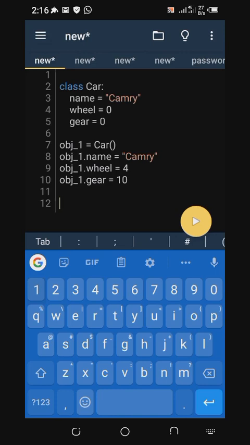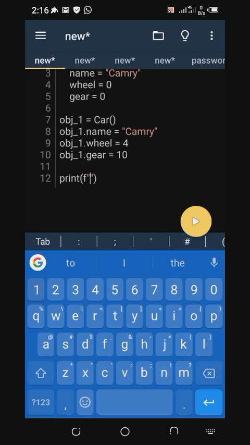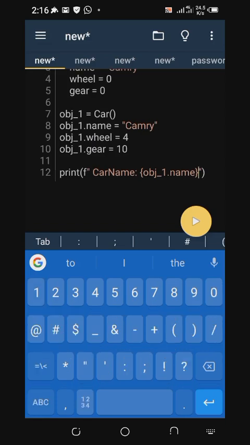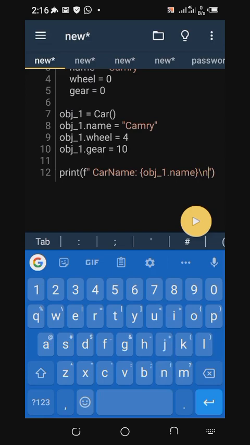So I'm going to print it. If I print this program, then I will have f, using the f-string method. I'm going to have car name, and just say car name, then I'm going to have obj_1 dot name. This is car name. Then I'm going to use this \n, then I come again, and then car wheel. I use number of wheels,